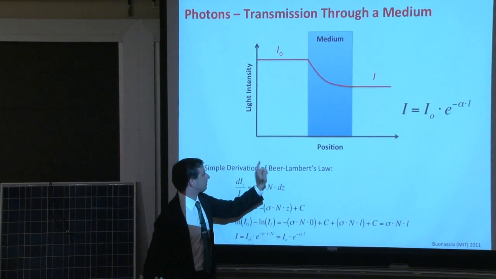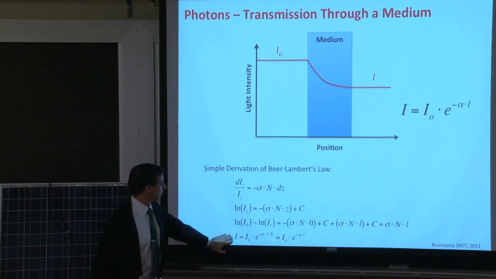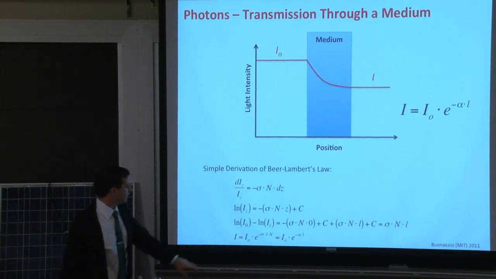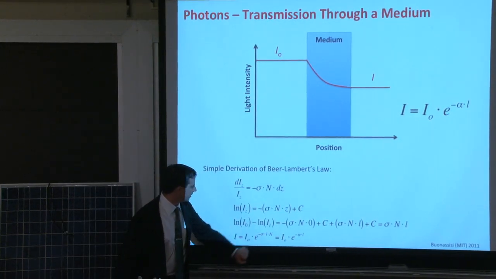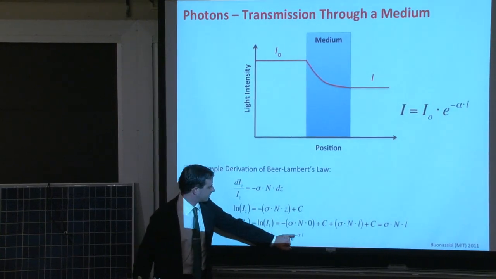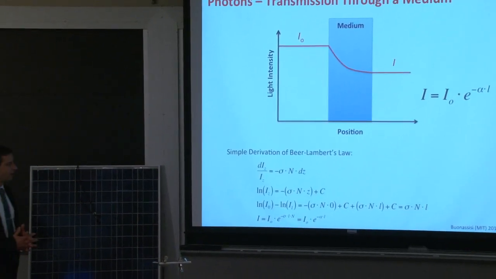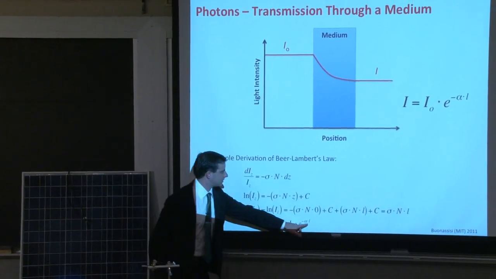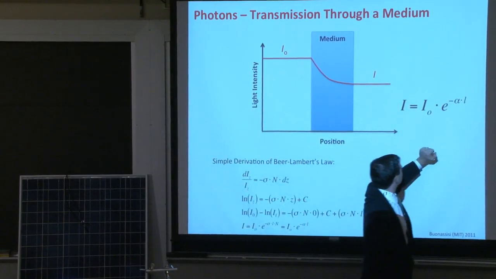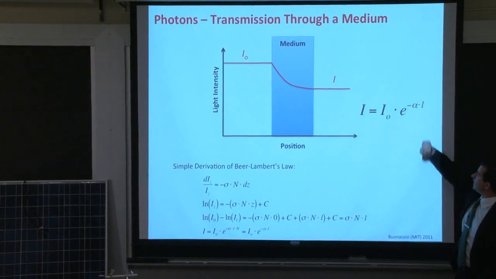So the sigma here is independent of thickness throughout. And then as you integrate through, you wind up with that beautiful exponential function at the end. The sigma L times n, we collapse the n and the sigma here into an alpha. That alpha is an absorption coefficient. The L is the total length, or the total thickness, of this medium right here. So if we increase the total thickness, we're going to decrease the total amount of light coming through via that